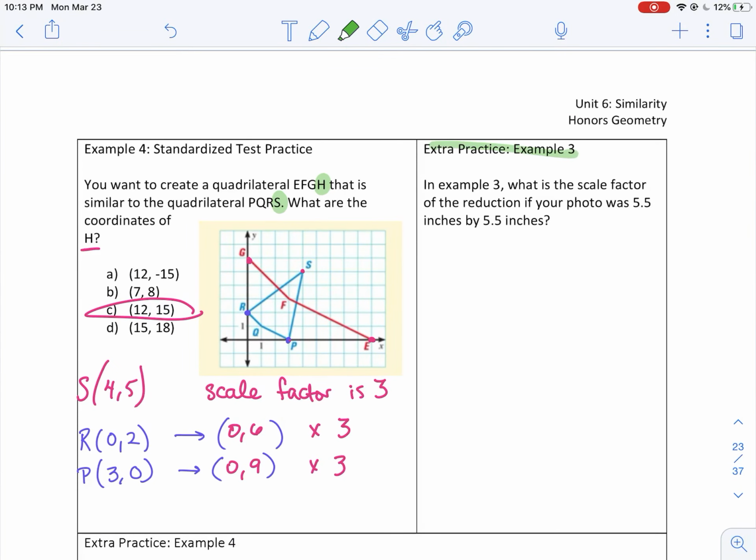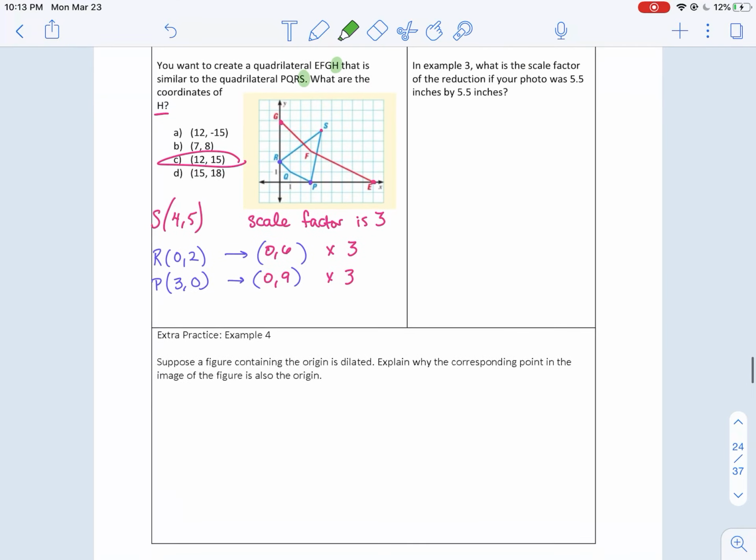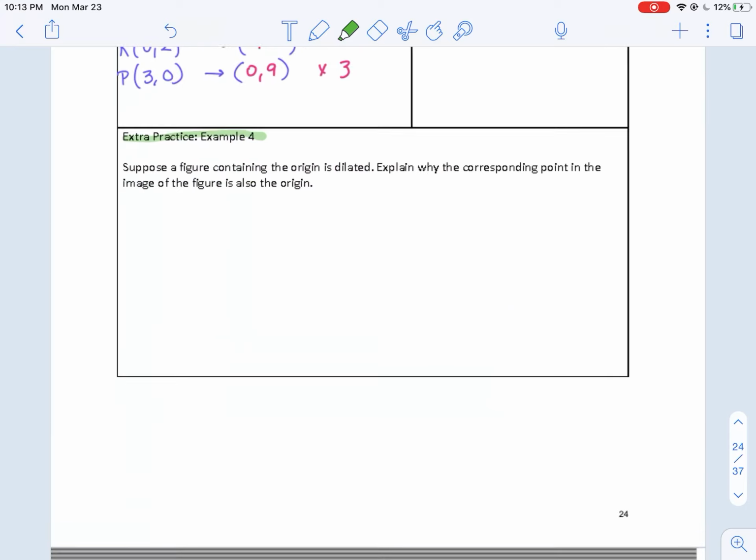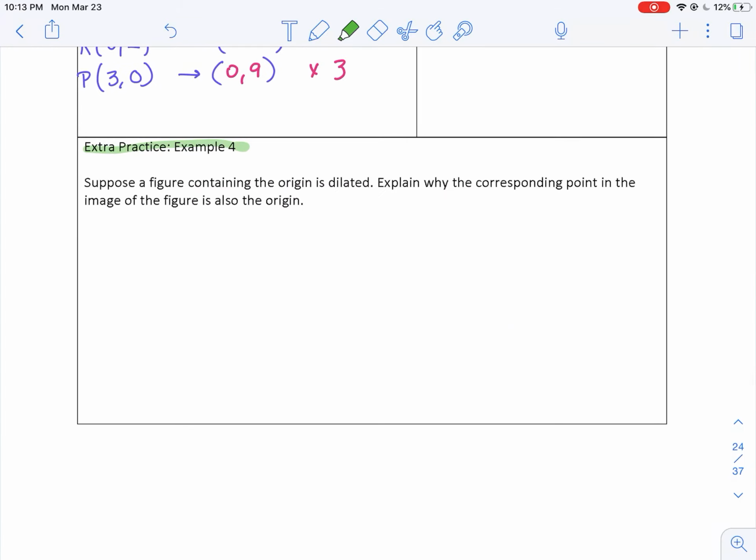Great. So you're going to complete extra practice example 3 on your own, and the same thing with extra practice example 4. And then please zoom in if you have any questions on today's